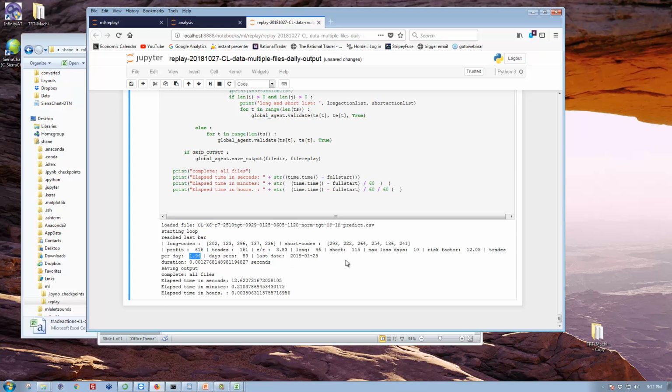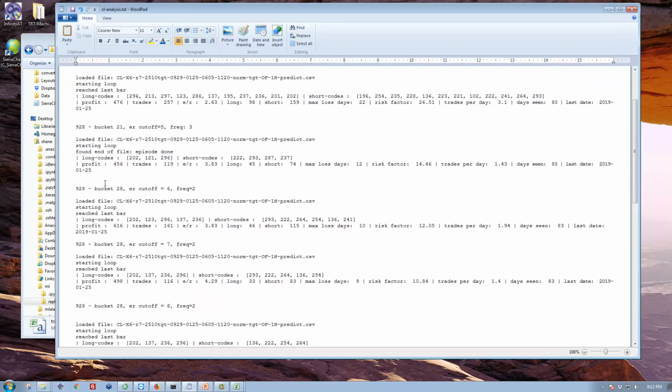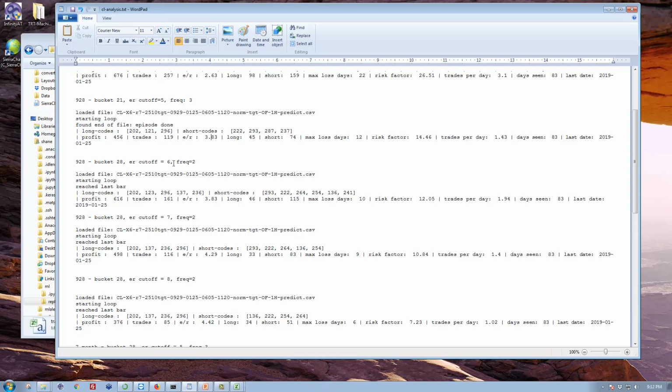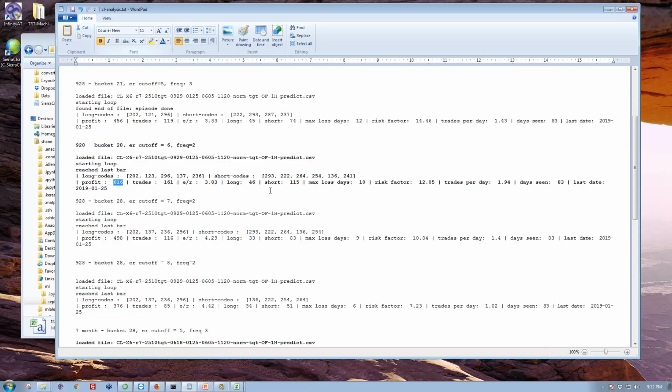Okay, so now this value 616 using this set of codes is in my not spreadsheet, but my here. So let's find it. 928 bucket 28 cutoff 6 frequency 2. Okay, so it's this one here. Let's make that bold. It's here. And it's here. Okay, so in all cases here, what I like the most, independent of this number over here,